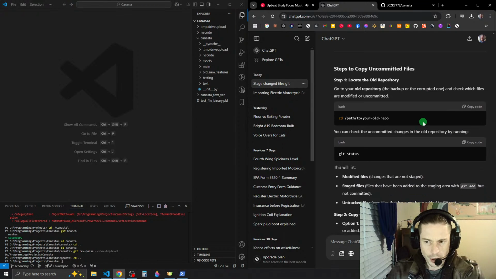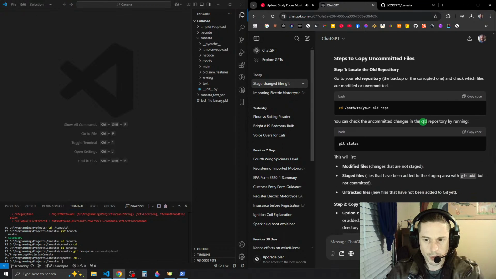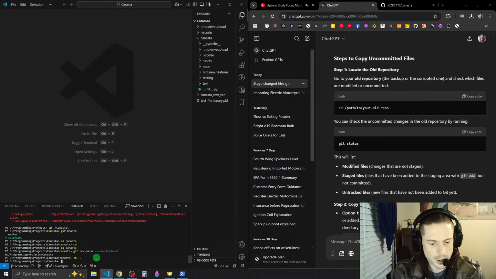So to copy uncommitted files, we have to locate the old repo. So we know what the old one is. We have to change directory to it, right? So that means we do cd /Canasta and then we call it backup, right? Canasta backup git.